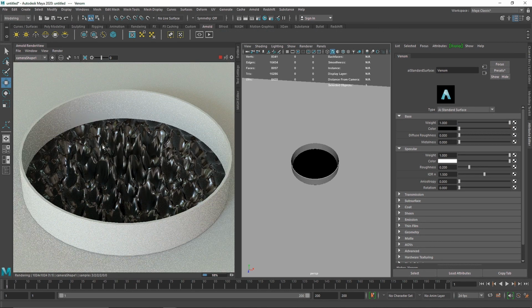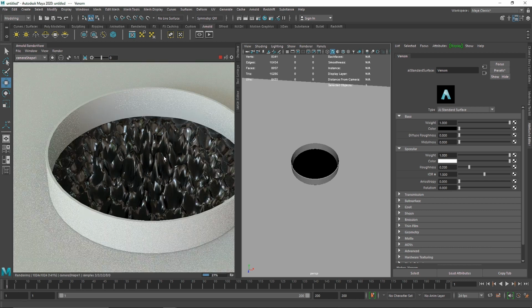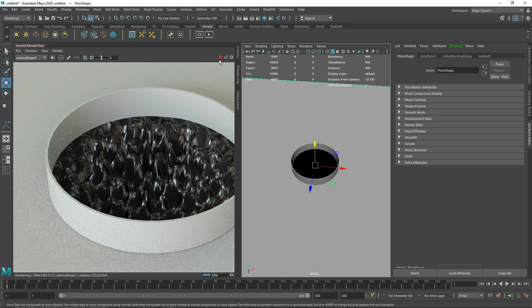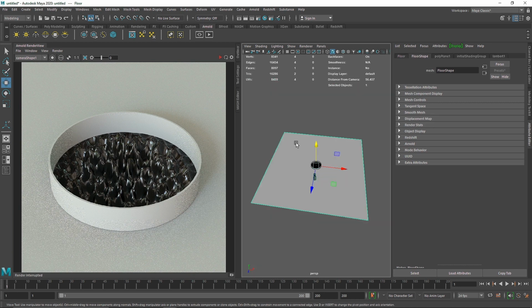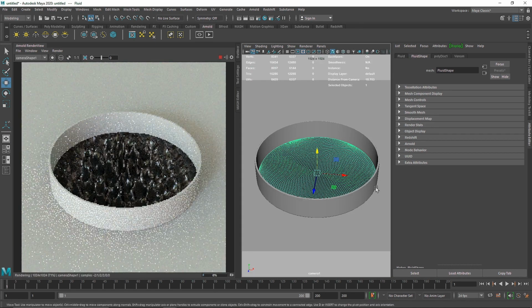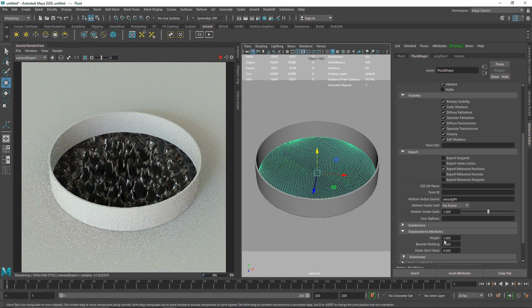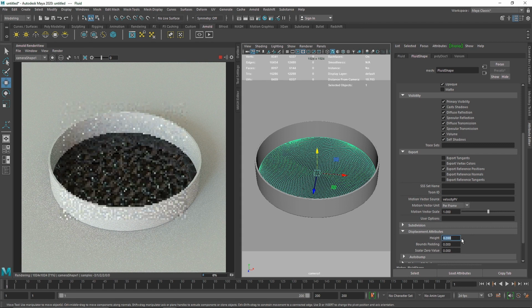Alright, first you'll look at this and notice that it's not exactly looking how it's supposed to be, and there are a couple of reasons why. The first thing we have to do is get into my camera. Select this, select your fluid here and go to Arnold, and the first thing you have to do is manage your overall height. Right now your height has been set to something like 1, which is too much. So I'm going to keep this to something like 0.2.